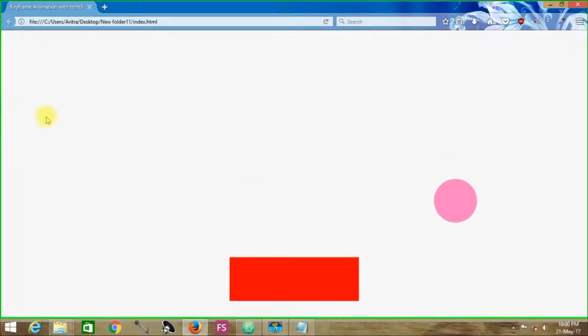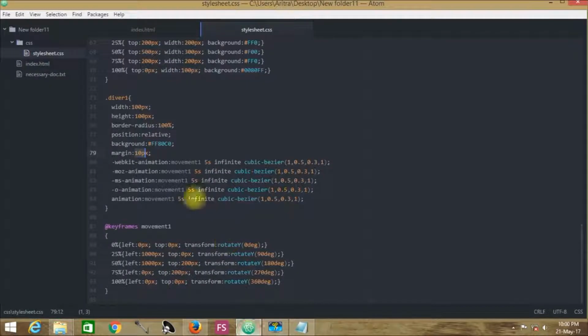If we just reload it, we can see that it is practically originated from over here, and it is practically leaving a margin of 10 picks from the left as we have set it over here. This is what it is denoting. It is just leaving a total margin of 10 picks from every corner.